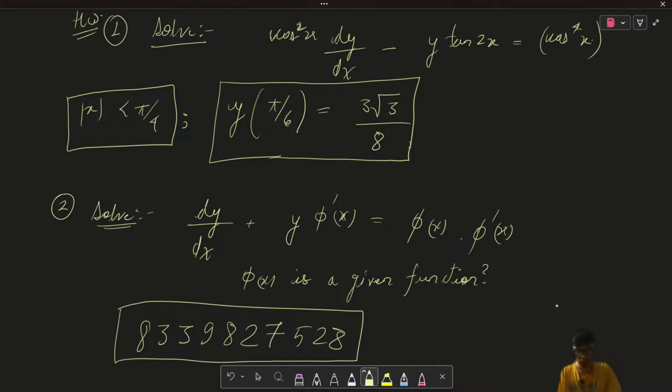With this, I would conclude the session. Thank you for your attention, and let's meet again tomorrow. In tomorrow's session, we're going to discuss the Bernoulli equation and orthogonal trajectory. Thank you for your attention, and I wish you all the best. So please try to solve these two homework problems, and then we